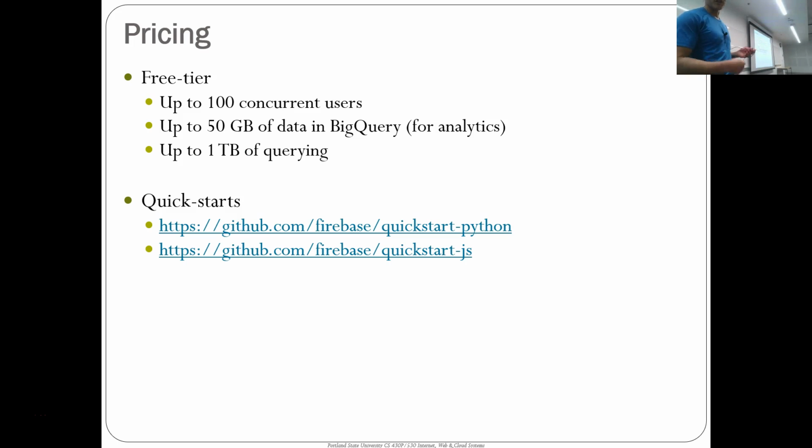Okay, so pricing: free tier up to 100 concurrent users. So you would have to actually get a reasonable amount of users to go outside of this free tier. 50 gigs on BigQuery, 1 terabyte of querying if you want to do the analytics. I forget the other parts of the free tier for Firebase, but